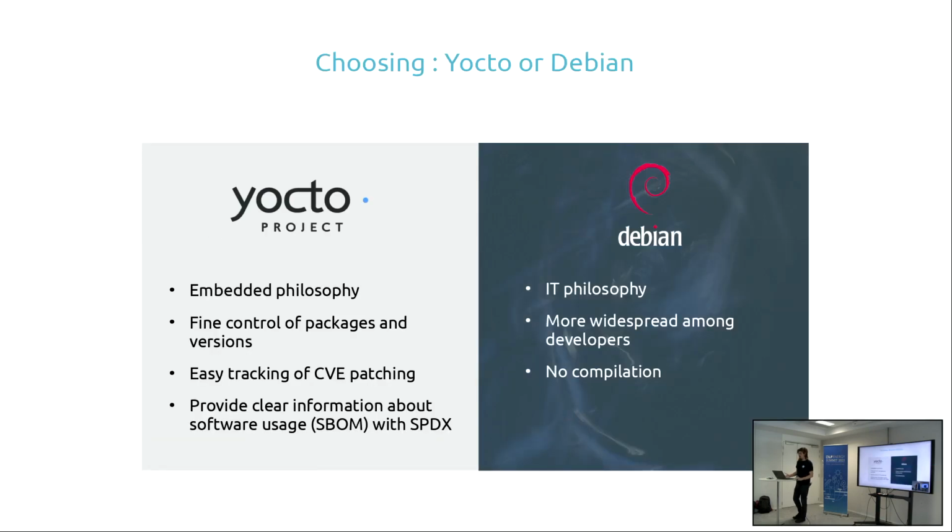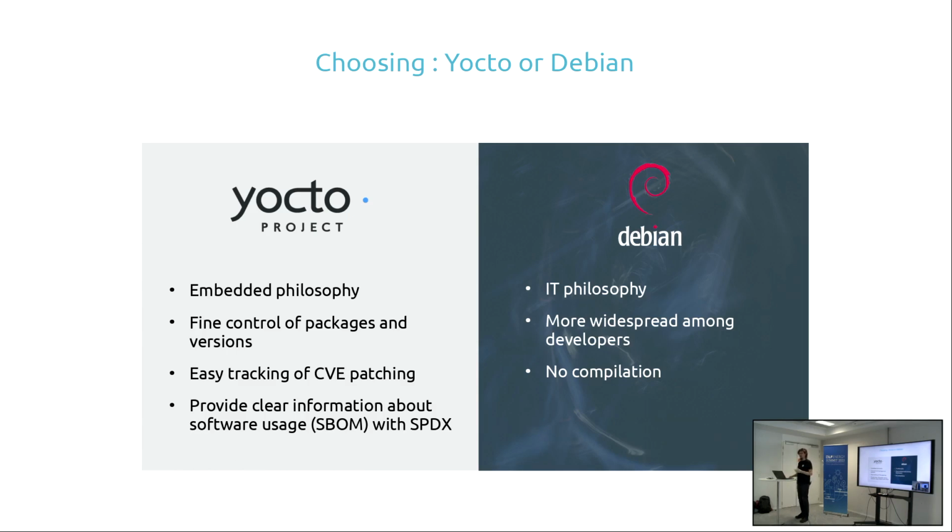Today, the SEAPATH project comes in two main versions. We have the Yocto build and the Debian version. Yocto is more of an embedded philosophy. We will build an entire Linux system with all the software and the kernel that we will describe. That gives us very fine tuning of the software, the versions, and the patches that we apply on our